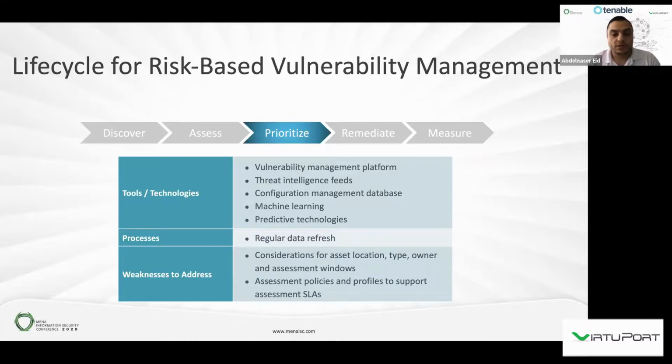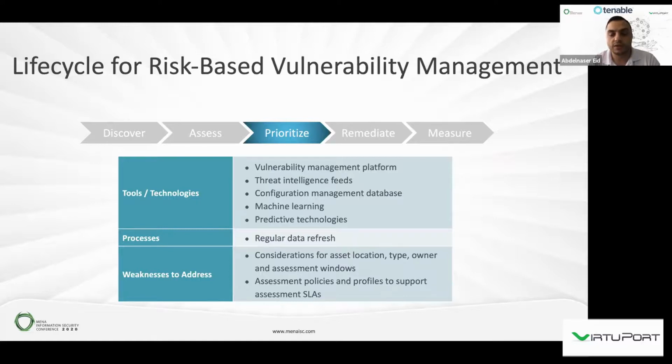So this will solve the problem of having the same vulnerability treated equally on all assets, which is not really logical. For example, if we have the same vulnerability in two different assets, and one of them is protected by 2 or 3 layers of security tools, we should not treat this asset equally with another asset that doesn't have that many security layers to protect it. So we have to differentiate between assets, even if these assets have the same exact vulnerability.